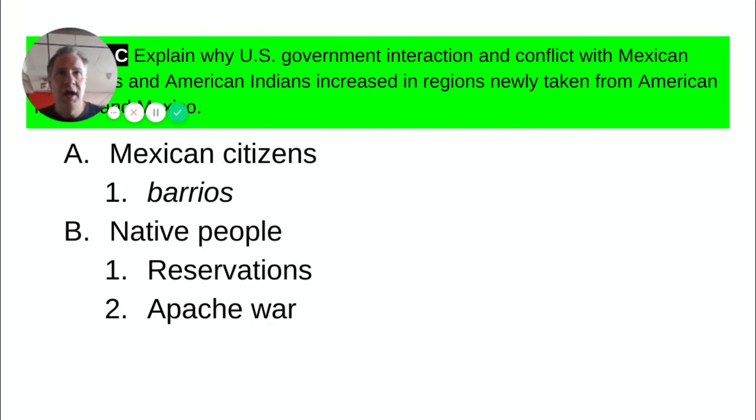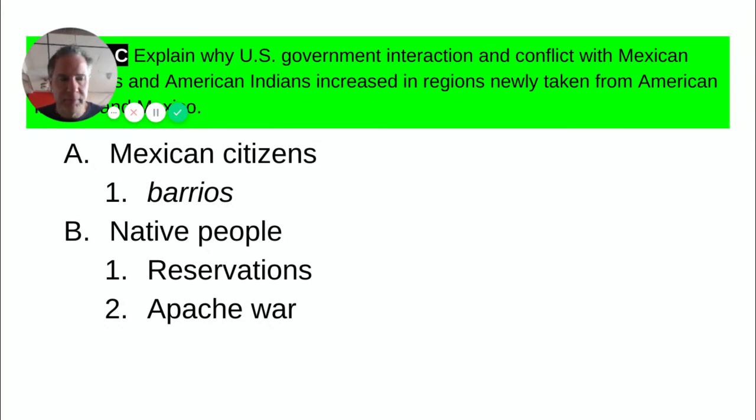When the Apache resisted that, often violently, to drive those settlers out because they were against the terms of the agreement, the United States military came in and was determined to put Indians on what were called reservations, land the federal government reserved or set aside for the Native people. The Apache wanted none of that because their land was their land. And all of a sudden, to have the U.S. military tell them they were restricted to one small part of it, especially a part that was not good for farming, provoked the Apache War.